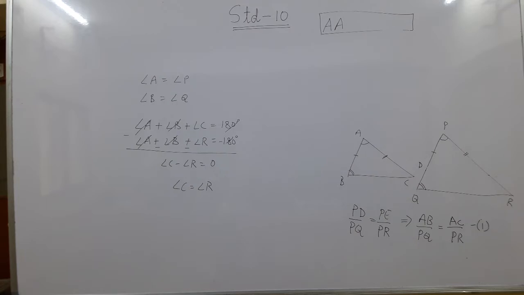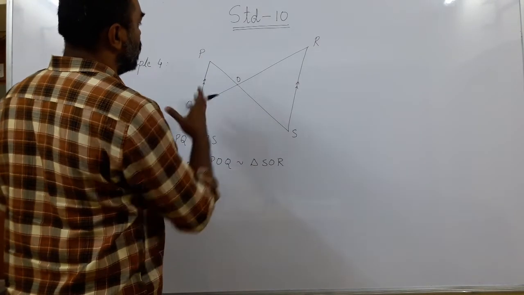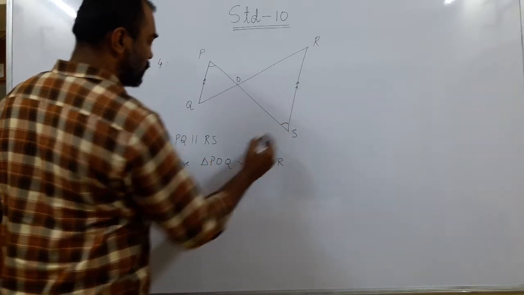Okay, now let us do one sum. The example 4 of the book. Example 4 states that PQ and RS are two parallel lines. They both, so PS and QR intersect at O. You have to show triangle POQ is similar to triangle SOR. Okay, so now we will do something which you have done before, and see, when the lines are parallel and we take PS as a transversal, then angle P will be equal to angle S.